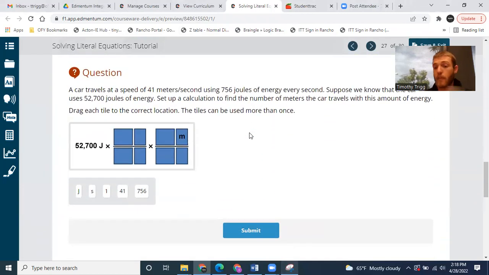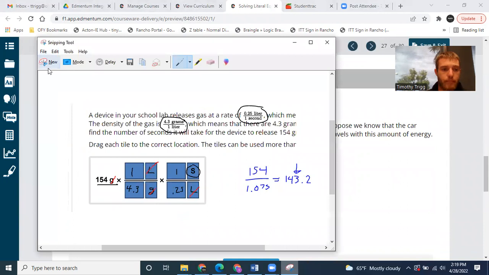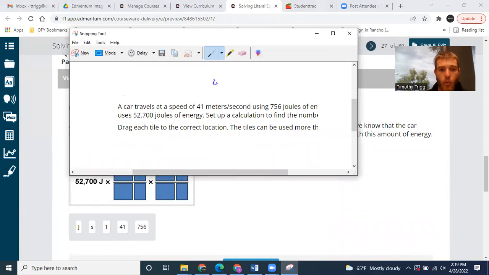All right. This one's a very similar one, except we're dealing with here meters per second and joules of energy. So it says a car travels at a speed of 41 meters per second using 756 joules of energy every second. So we can already see where this is going, hopefully. But basically, this first ratio is 41 meters for 1 second. That's this first ratio. The other ratio was